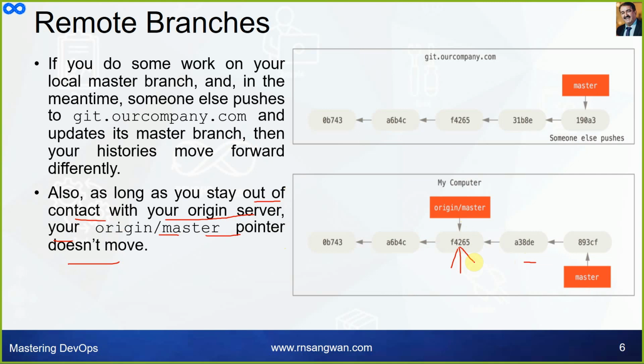So you have to visualize it. When you are working on Git, if you can't visualize, you will not understand Git. You have to draw figures, you have to understand with the help of these diagrams that make it more clear. So here the remote repository has moved forward, your origin master pointer is still there, and your local master is moving forward because you are committing.